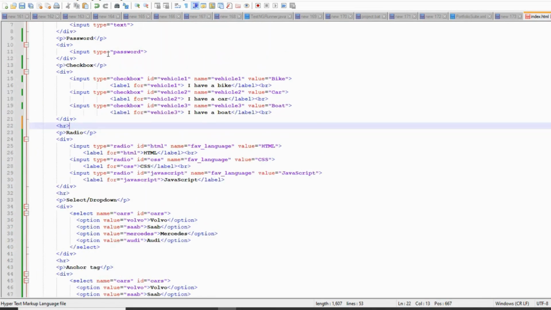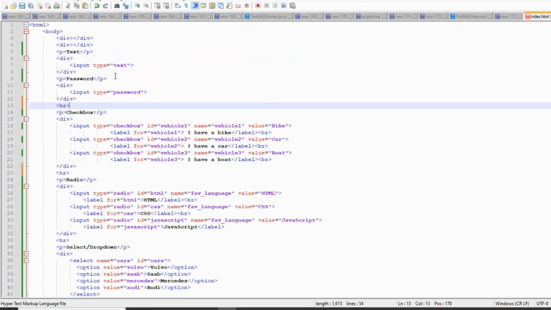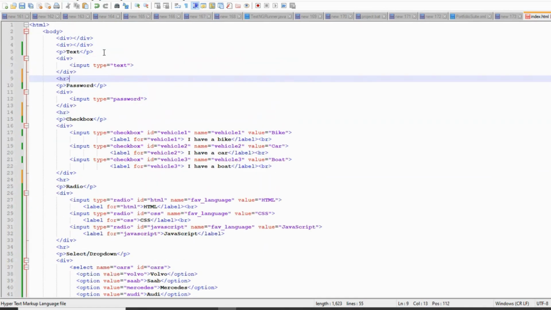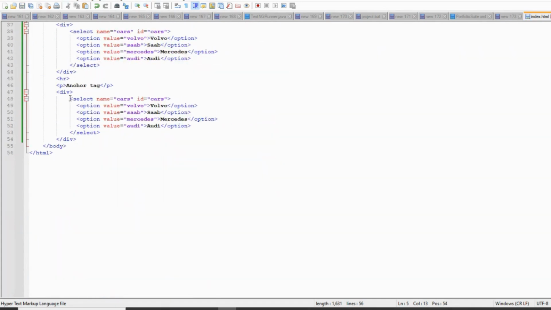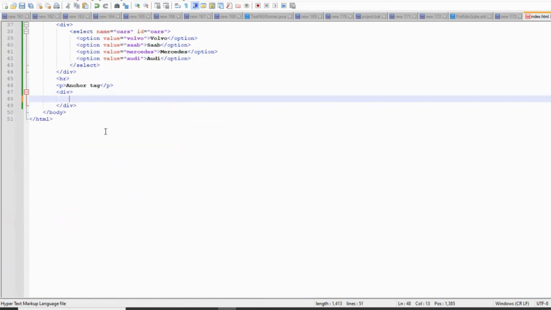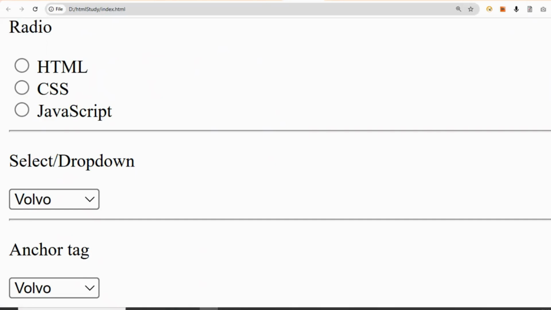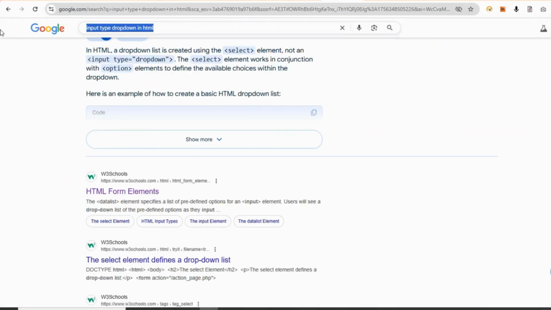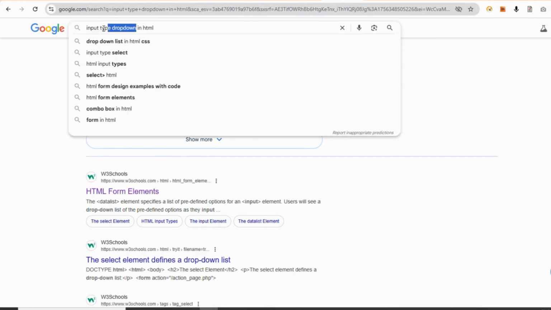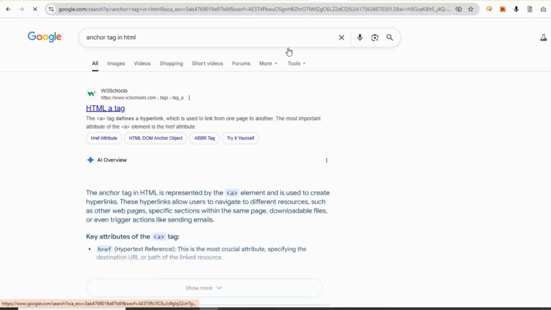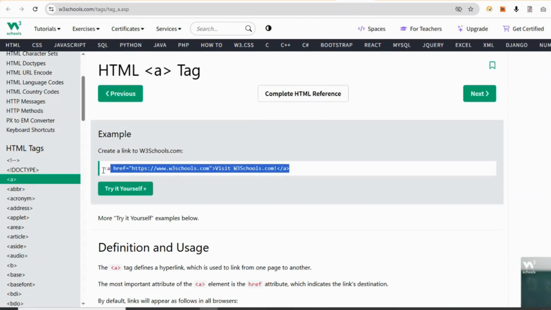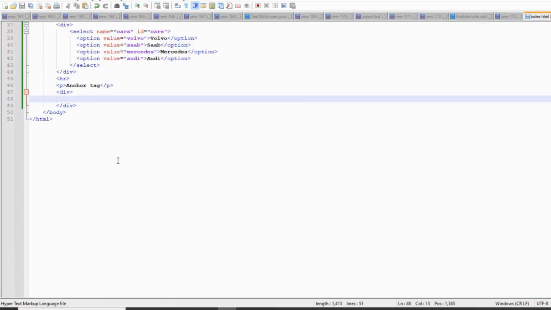Mainly, whatever elements are on the web, we should know all those names for our scripting. You should know about these things. I'm giving you the basic idea, the things which are mostly used. So the anchor tag and these are the main options. Now if I write the anchor tag here,